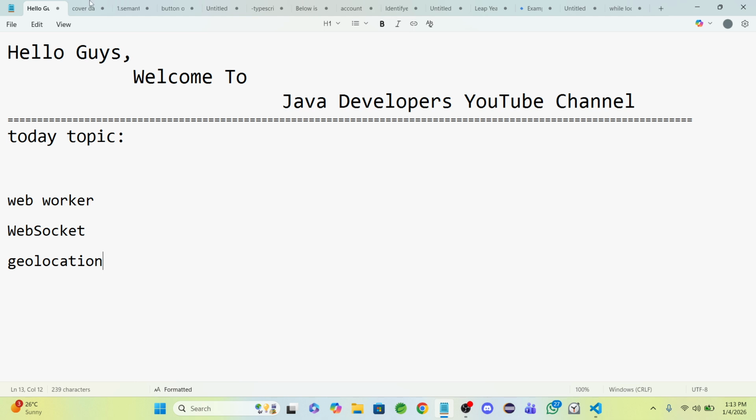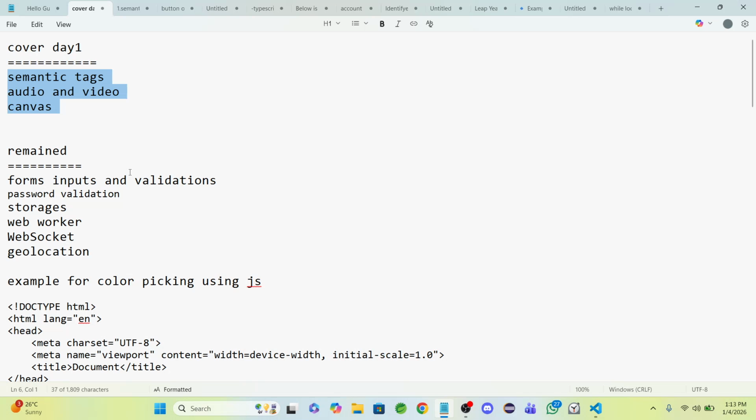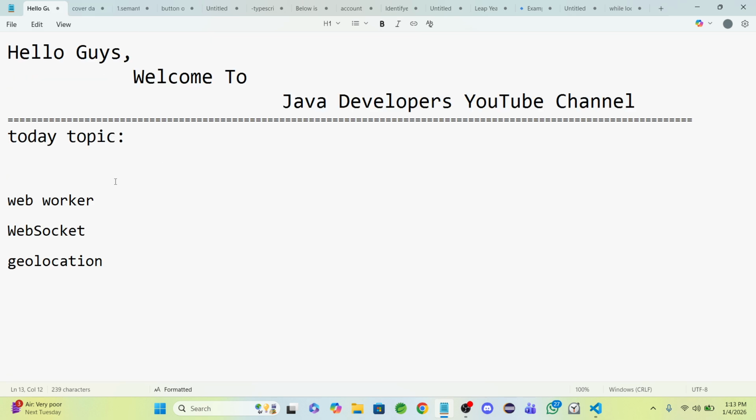In previous class, we studied different kinds of features of HTML5 that consist of forms, input validation, password validation, and storages. And our last topic of today regarding HTML5 features is web worker, WebSocket, and geolocation. Already we had gone through the definitions regarding the web worker, WebSocket, and geolocation in our previous class during the concept